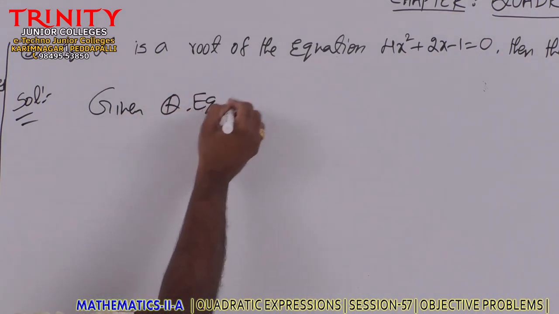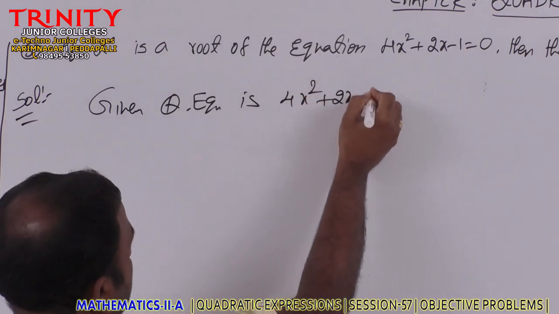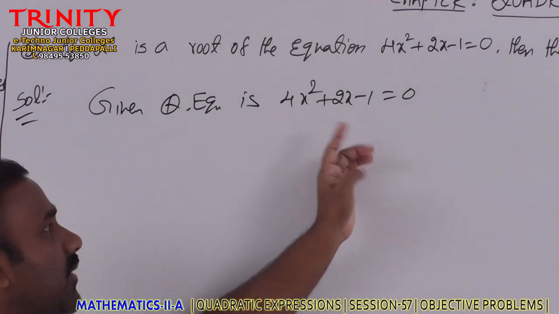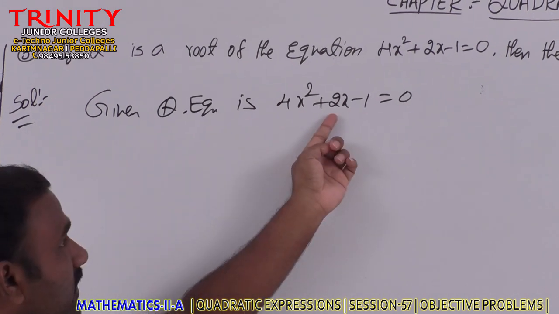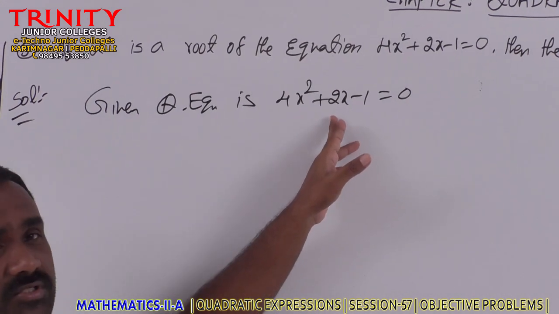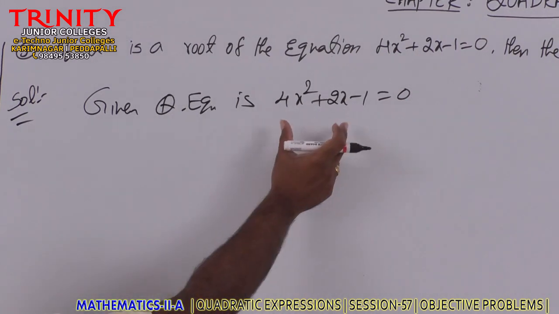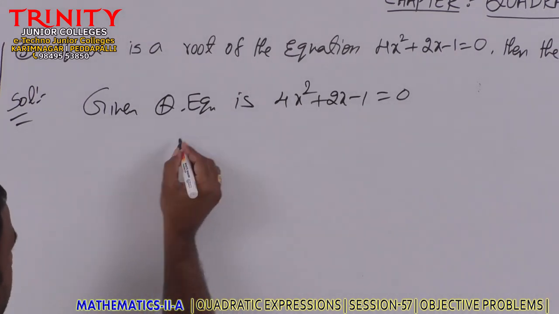Given quadratic equation is 4x square plus 2x minus 1 is equal to 0. Go for factorization. Here it is very clear that factors are not possible. Why? Because 4 into 1 is 4, 4 plus 1 is 5, 4 minus 1 is 3. We are not getting the factors. 2 twos are also 4, but 2 plus 2 is 4, 2 minus 2 is 0. Therefore, we are not getting the middle term. Factors are not possible. Whenever factorization is not possible, then we will go for the quadratic formula to find the roots.